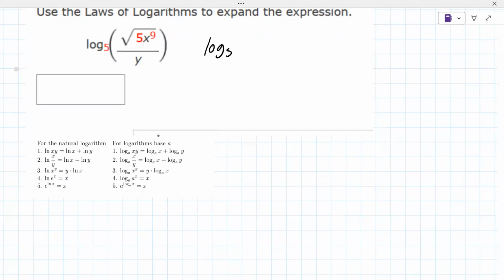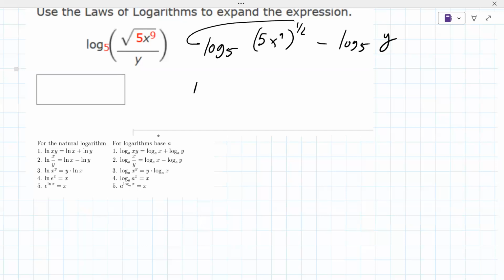The place to start here is a small rewrite. You might write this as 5x to the ninth to the 1/2 power minus log base 5 of y, like that. Is that okay so far? You bring the 1/2 out in front, so it's 1/2 log base 5 of 5x to the ninth minus log